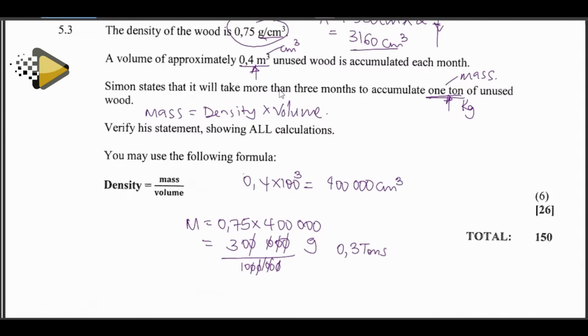This is more than 3 months. Approximately used in information each month. Someone said that, so it becomes invalid. Because if, okay, this is accumulated each month, so she states that, or Simon states that it will take more than 3 months. No,